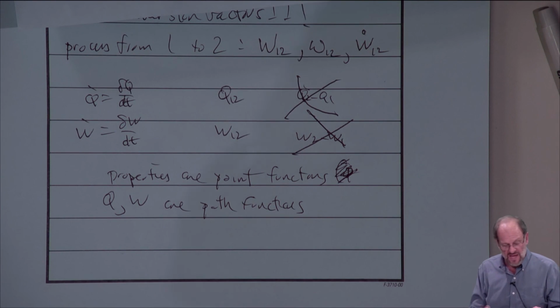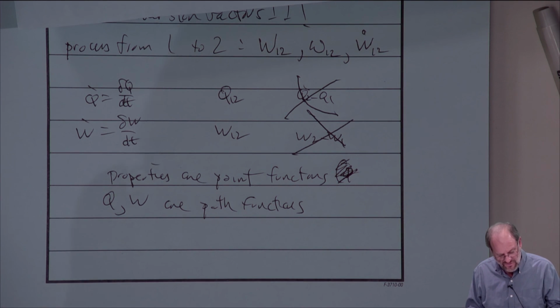Yep, thank you. Let me again note that there are different modes of heat transfer. There are different modes of work that we're not going to cover in this class. In Chapter 2, I think it's Sections 2.4 and 2.5, it does talk about some of these different modes of work, like mixing, like stretching of a wire, like rotation on a shaft. It's not like we aren't going to talk about those things, but we're not going to have any equations to solve them. If we use any of those, I will make sure I give them to you in lecture so you're aware of them. But in general, I'm going to just skip Sections 2.4 and 2.5.